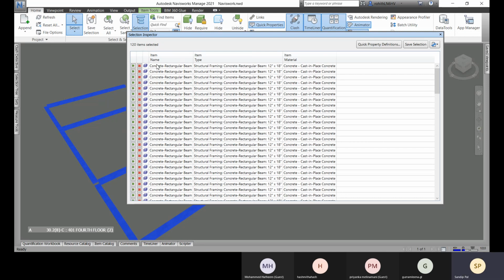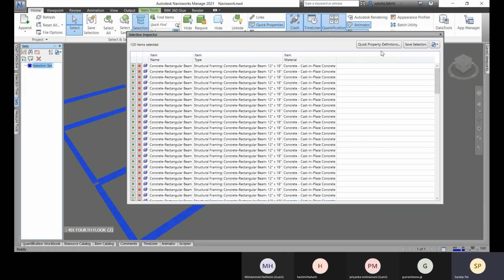And what you can do is you can save this selection. So whenever you need all this information for all these selected items, you don't have to select all those again. You don't have to follow the same steps again and again. So for that you can do the save selection. Click on this save selection, and here you will find